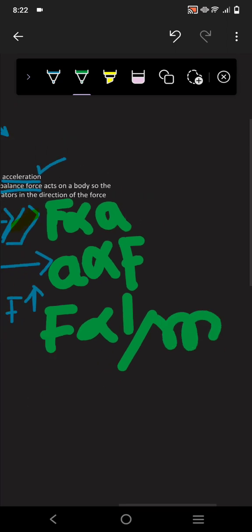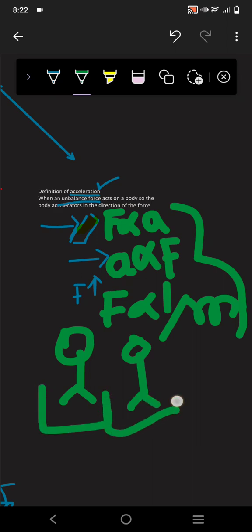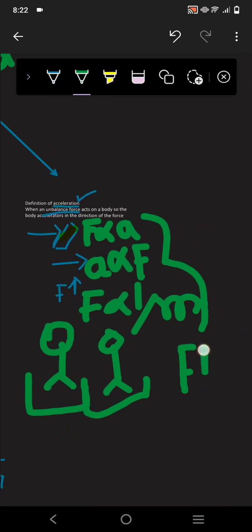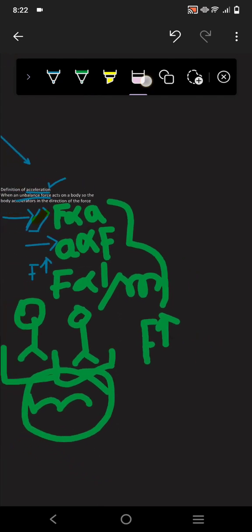How? We're gonna take again the cycling example. For example, you and your friend both are sitting on a cycle. You are applying more force, you had to apply more force, and due to your mass, the force